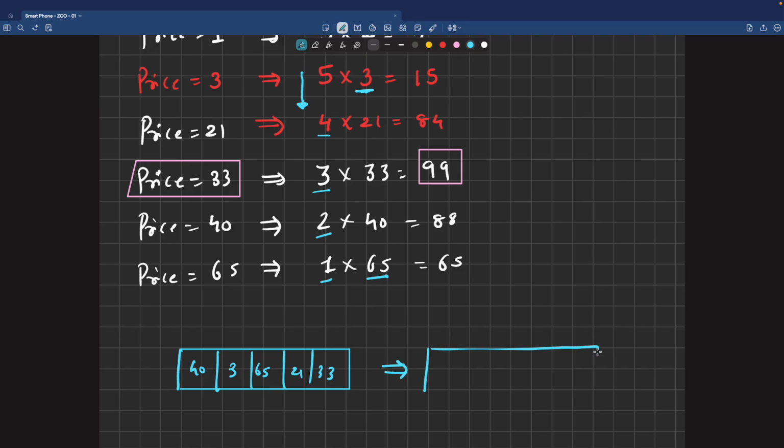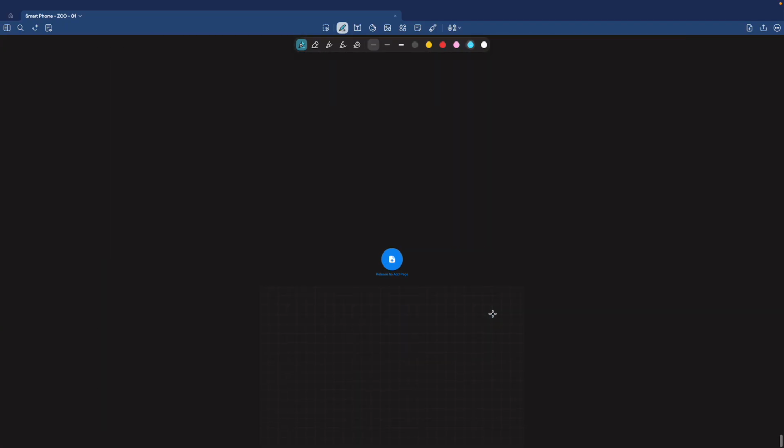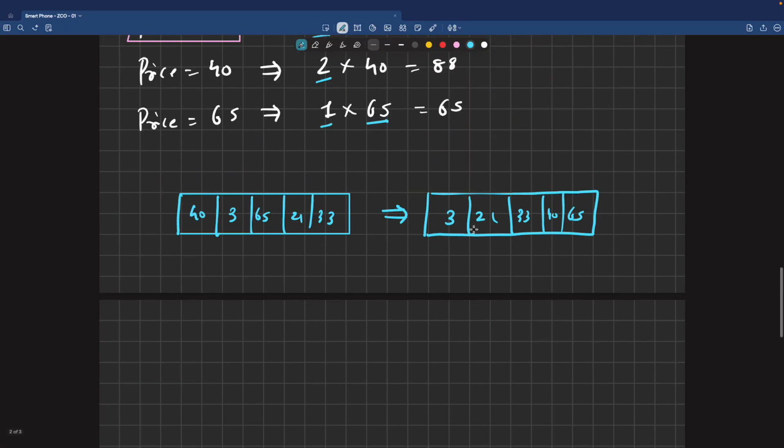Okay, first thing, let's try to sort this array. If I sort this array, 1 2 3 4, this will be 3, this will be 21, this will be 33, this will be 40, and this will be 65. Okay, now what I can observe from here is, whatever person is at this point,